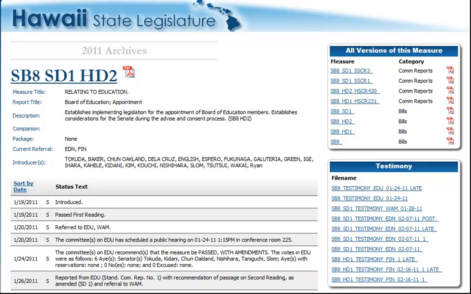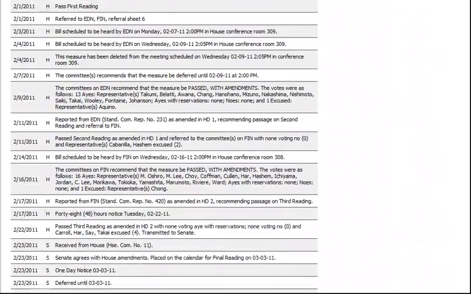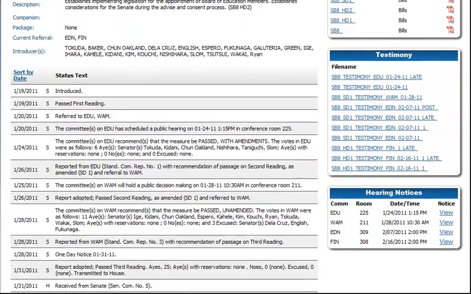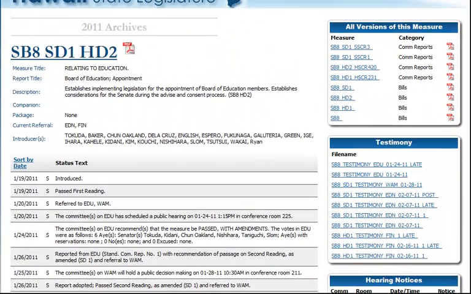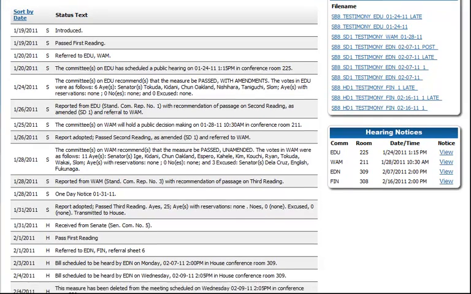Okay, now let's go a little further down, still in the same left-hand column, to the status sheet. We'll take a look at what you can get in the right-hand column after we're done here. This may look a little confusing, but if you break down what you're seeing, it actually makes a lot of sense.